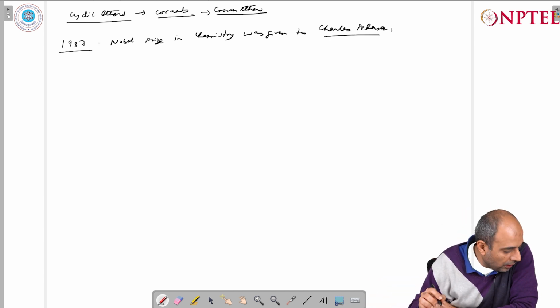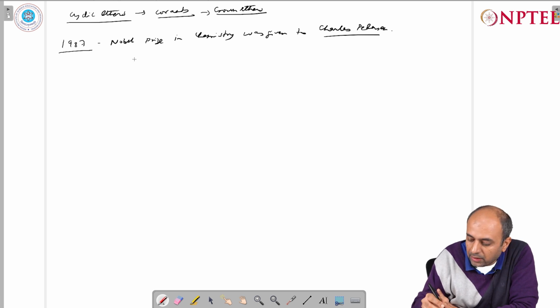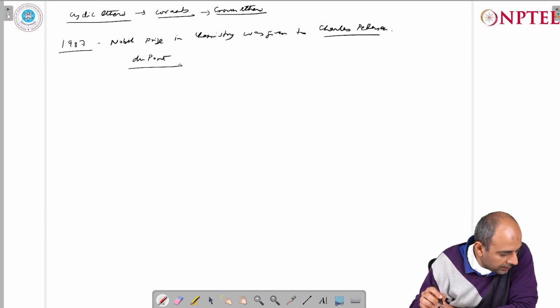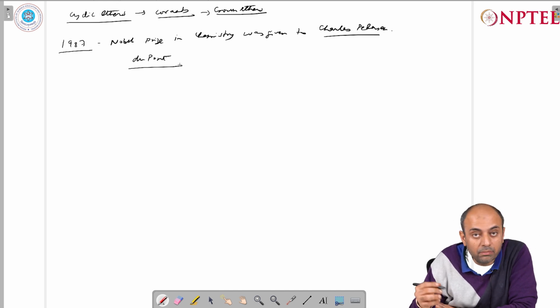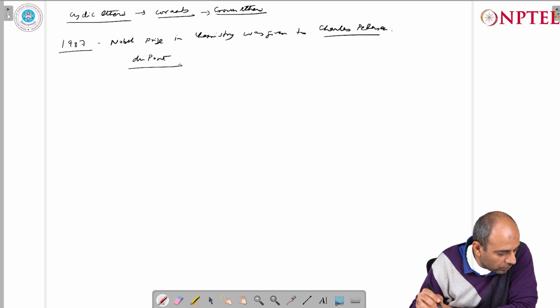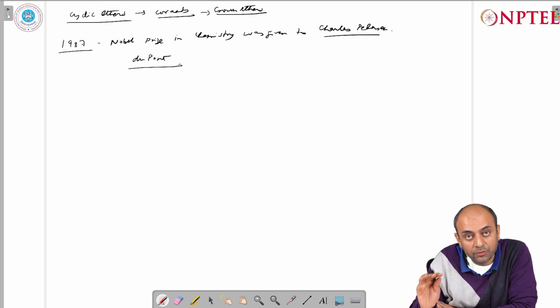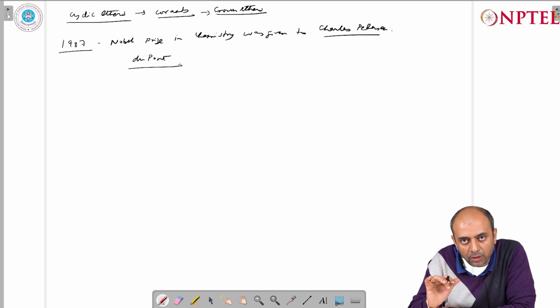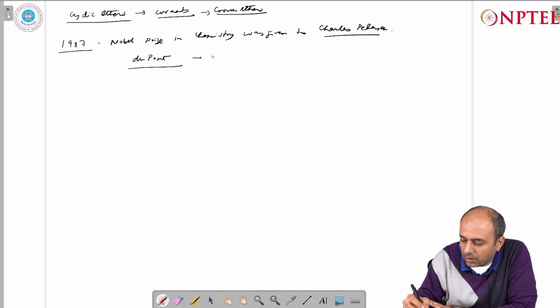Charles Pedersen was a chemist who was working at that time in an American company called DuPont, and he was trying to synthesize an organic molecule. We will look at it, and it was during the process of synthesis of a particular organic molecule that the